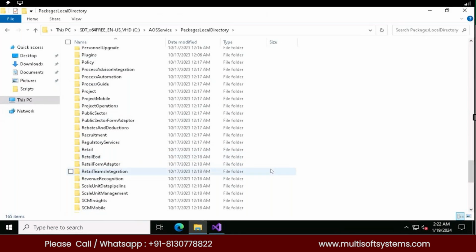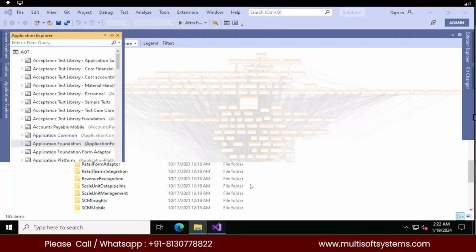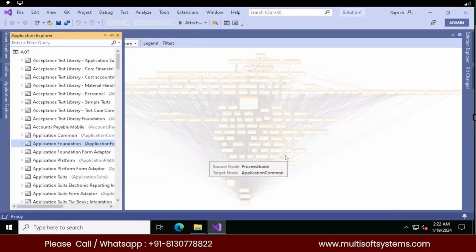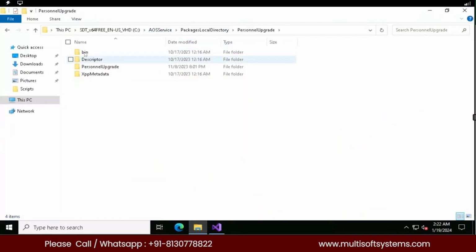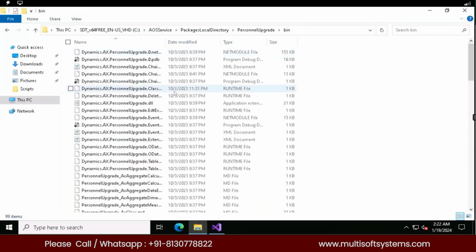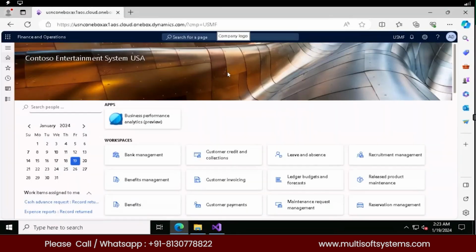But in case you have created an object and you want to edit it, you cannot come here and directly edit it. You have to edit it only within the application and then make it synchronize over there. Because there are multiple reference points within the application, see there is an XPP metadata folder and there is also a bin folder. In these two folders, you'll have your objects XML files over here. So any solution that you're building will be saved under this path. If I need to log into a D365 environment or a